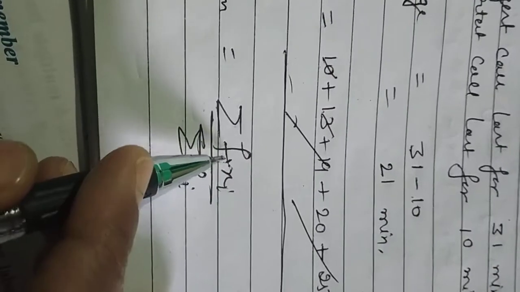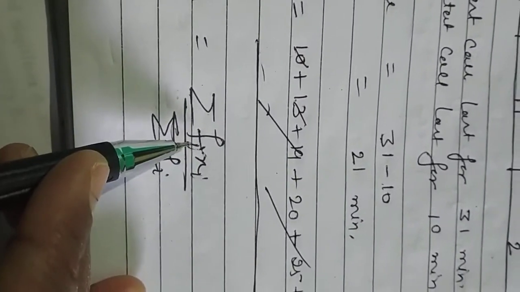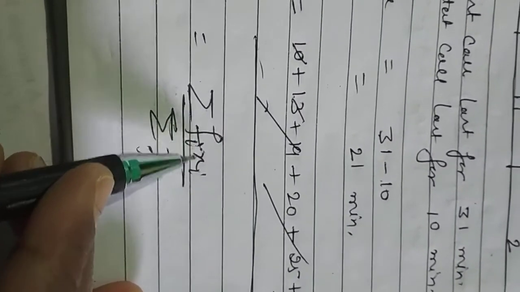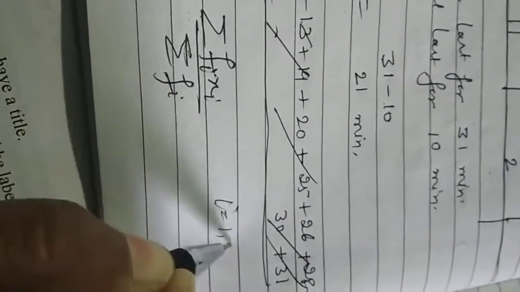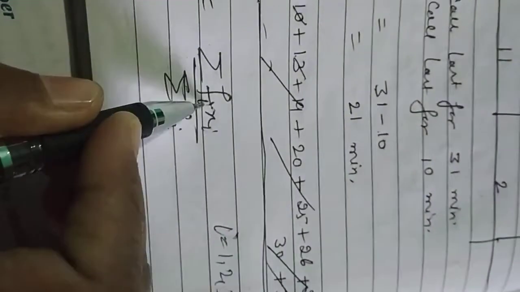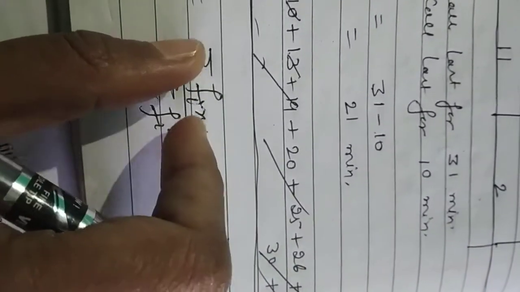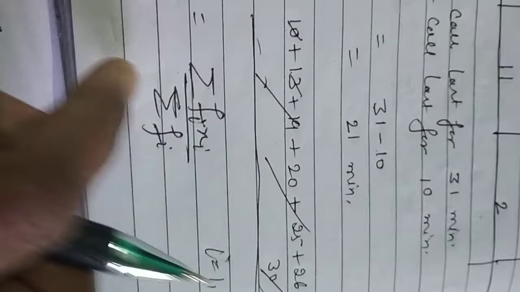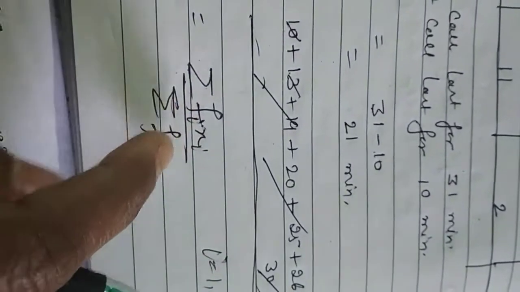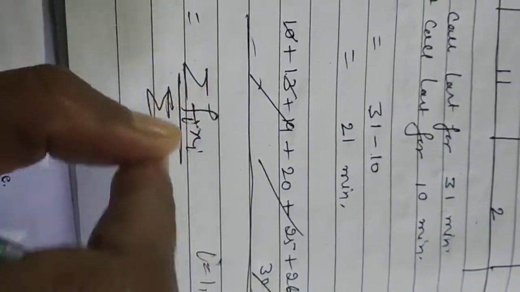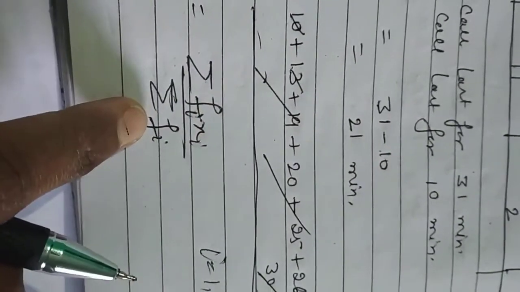This is the formula for mean. Mean is equal to summation. This symbol is called summation. Fi into xi. I denotes the number of observation. I is equal to 1, 2, 3, and so on. F1, x1. F2, x2. Means summation of this multiplication of frequency and time you have to take, divided by summation of Fi. Summation means we will add up the sum of all the values. Here also sum of all the values. But what is this? Fi into xi.